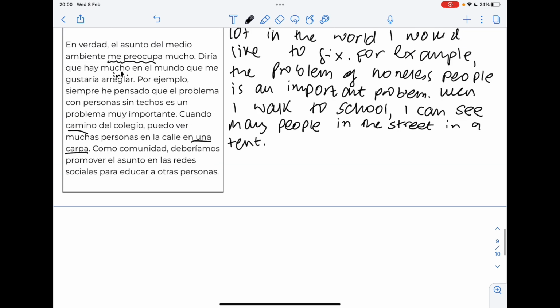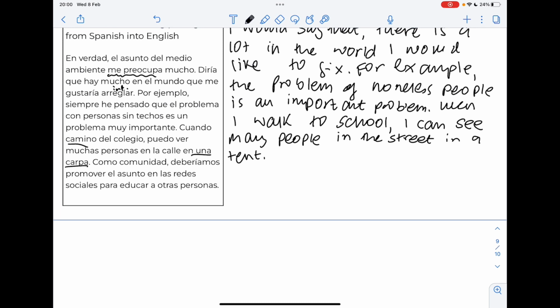Now, this next part here, como comunidad. Now, como can mean a lot of things. It can mean to eat. It's a question word. But in this case, it's meaning as. So, as a community. As a community, deberíamos, again, there it is, the amos. So, we should